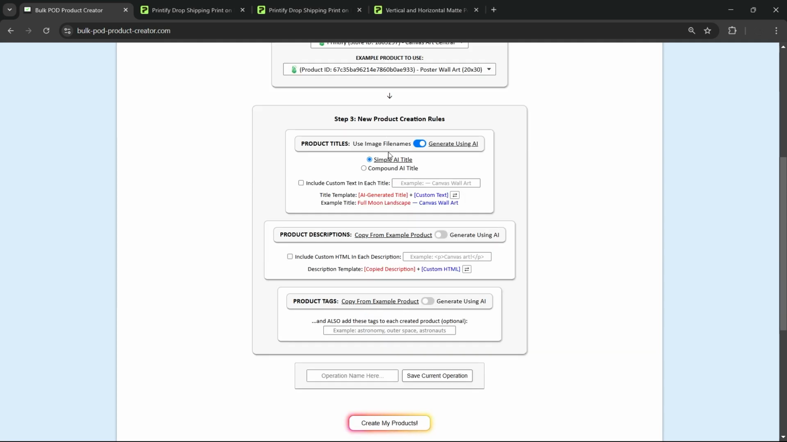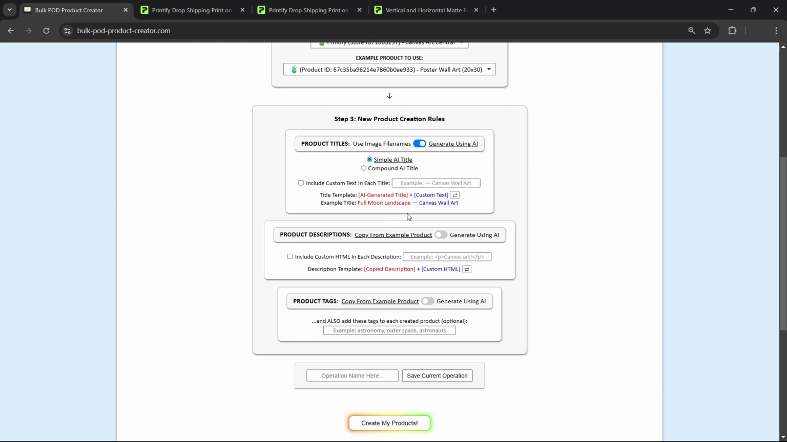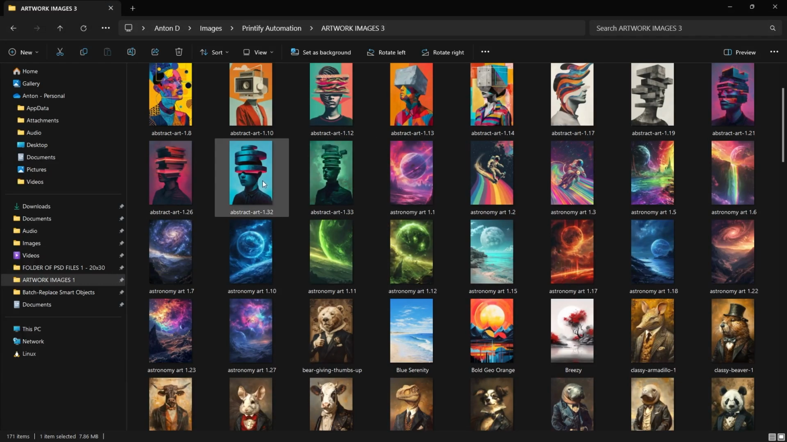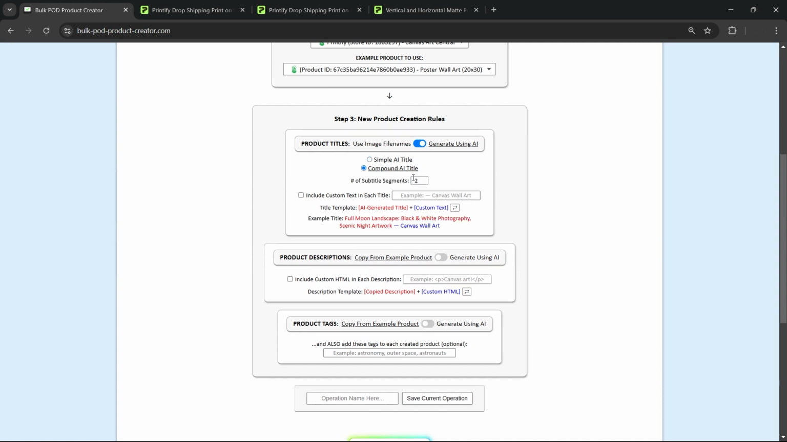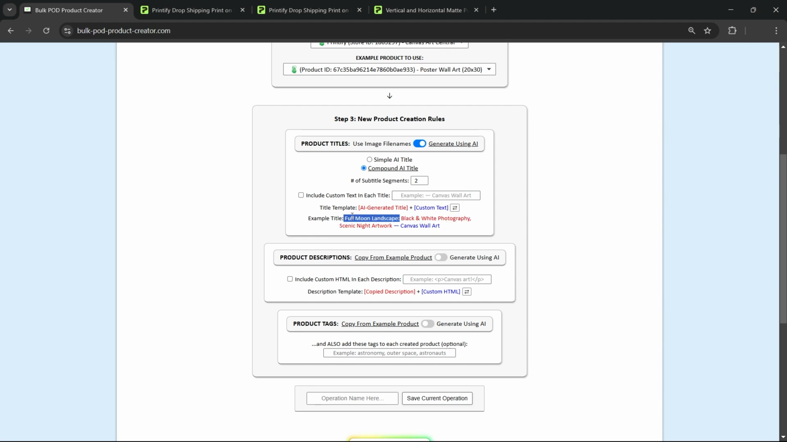Two options here if you're doing the AI titles: you can do a simple title or a compound title. The simple title, as the name suggests, just gives you a simple and straightforward, concise title. Full moon landscape, blue abstract portrait, bear giving thumbs up, etc. You get the idea. The compound title is a little better for SEO in my opinion, because it gives you that simple title at the front, where you'll still get something like full moon landscape, and it'll give you some additional descriptors on top of that in terms of what the image contains, different keywords, different descriptors of the artwork style and things like that. So it'll give you the full moon landscape part, and it'll give you black and white photography, scenic night artwork,